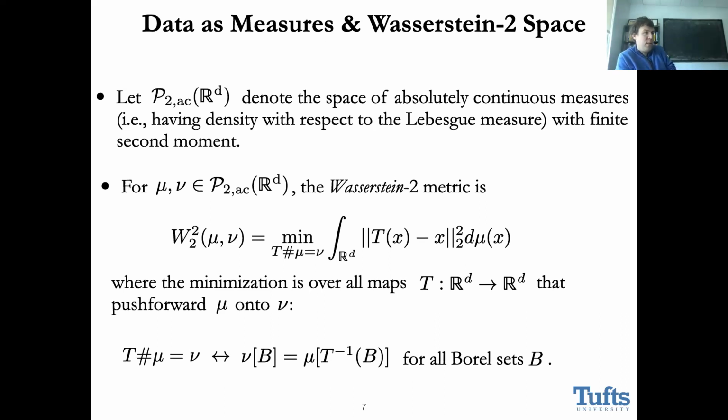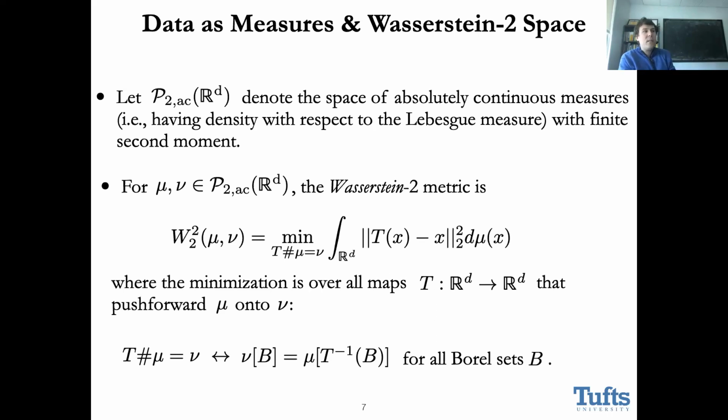But the origins of this Wasserstein space are much older than the image processing paradigm it's so nice for. So what's the setup here? To make life easier, since there are a lot of subtleties with this, we're going to consider the space of probability measures that have finite second moments and are absolutely continuous, so have associated density functions. And with these assumptions, lots of the definitions we're going to make are going to be well defined. So what we'll do is consider a metric on this space of probability measures, the Wasserstein 2 metric.